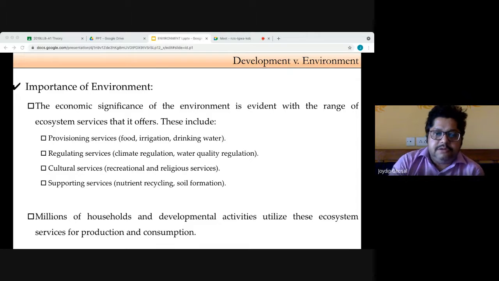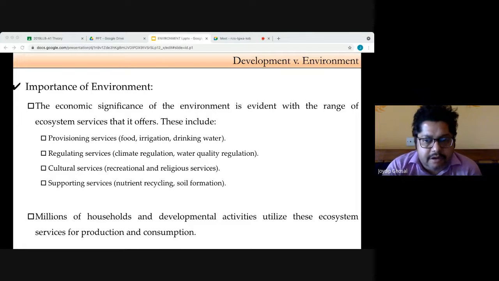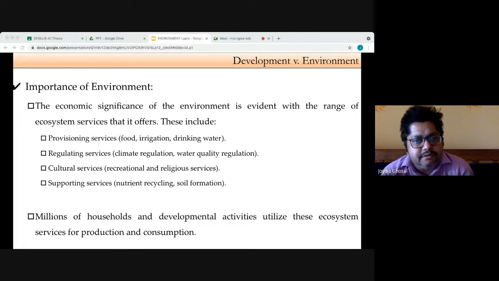Here I need to talk about development versus environment. That is also one of the topics that we need to talk about. The third topic: environmental pollution, and development and environment. When we are talking about the importance of environment, we can say that the economic significance of the environment is evident with the range of ecosystem services that it offers. Like your